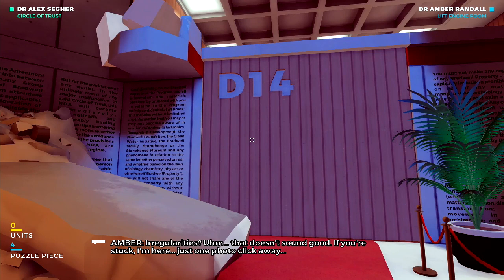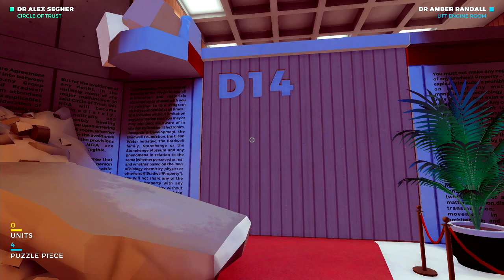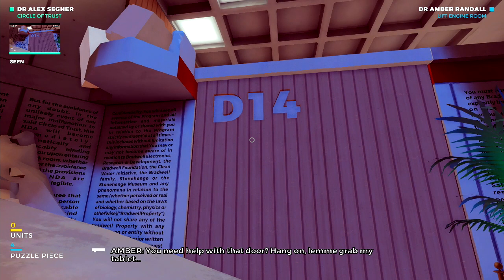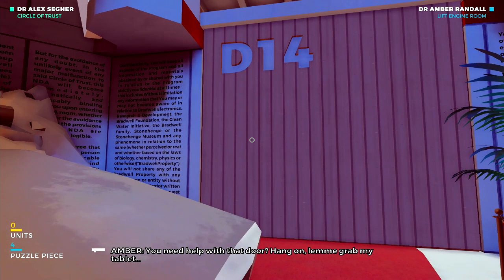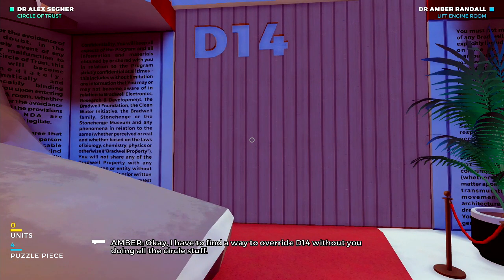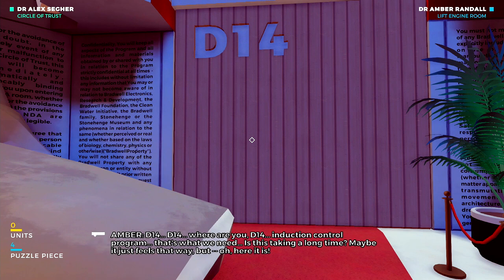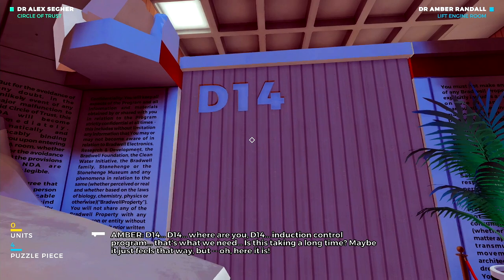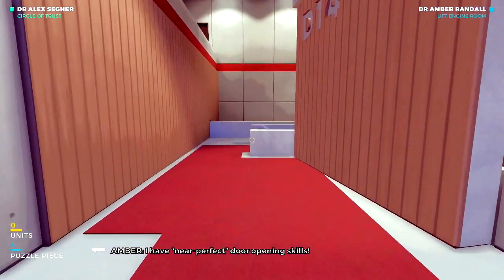That doesn't sound good. You gotta wait for all the dialogue here to go through. We're gonna take a picture of D14, Help with that door? and she should Hold open on, it for let me us. grab my tablet. Okay, I have to find a way to override D14 without you doing all the circle stuff. D14. D14. Where are you, D14? Induction control program. That's what we need. Is this taking a long time? Maybe it just feels that way, but... Oh, here it is. Ta-da! Nice. I have near perfect...